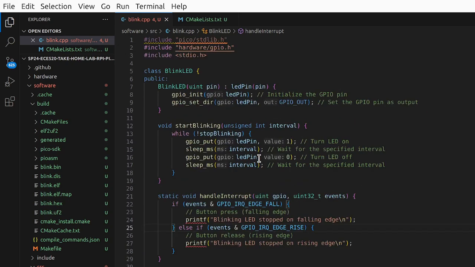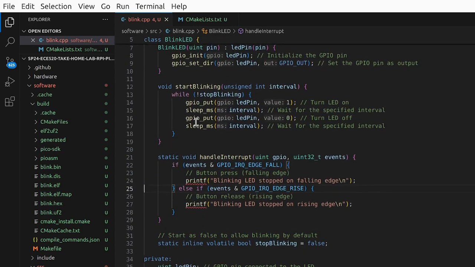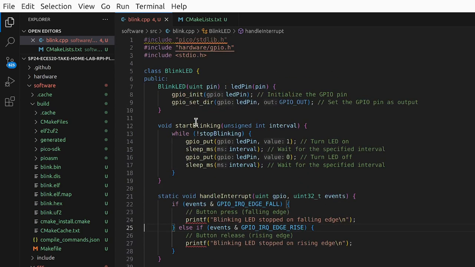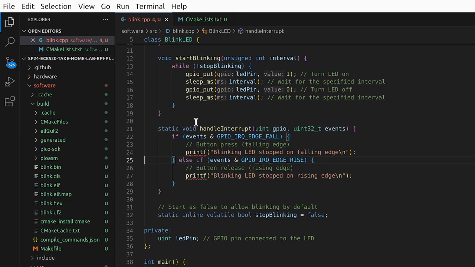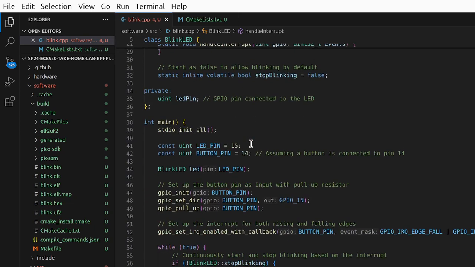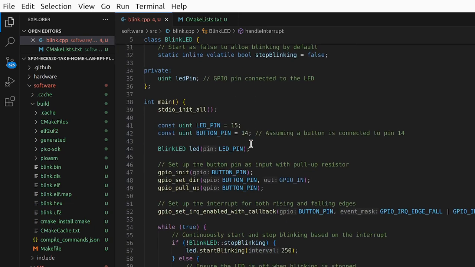Pretty much what I did was I wanted to build on the research project we did, as a kind of test lab with the blink LED. So I took the class blink LED that I submitted for that, basically copy pasted the code here into VS Code, and then made some slight changes to implement the interrupt. So my plan was, since we were assigned to do an interrupt with a button press and then have it print whatever it used,